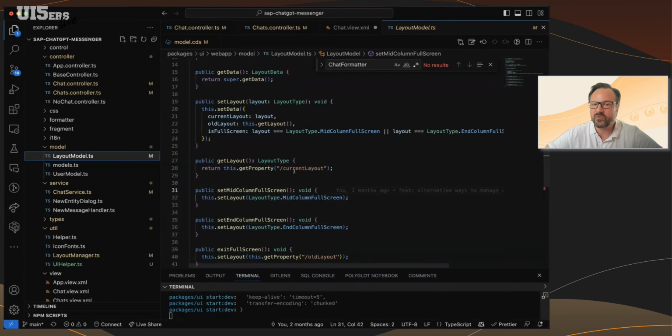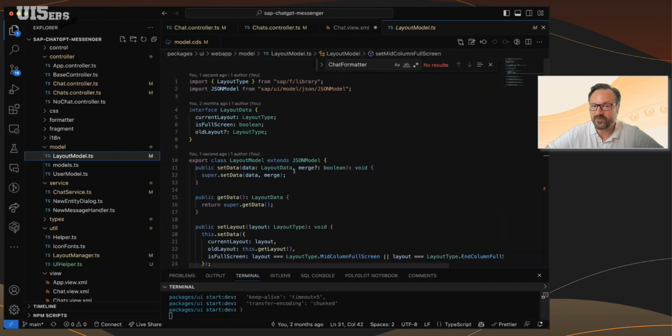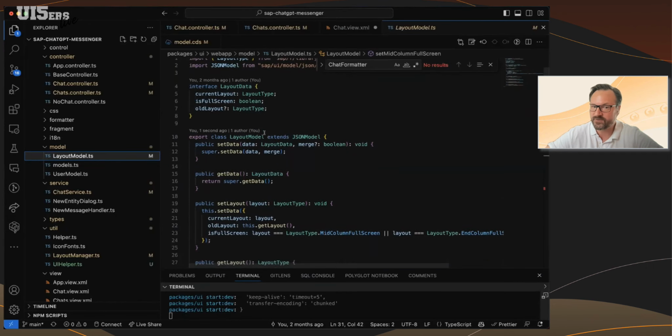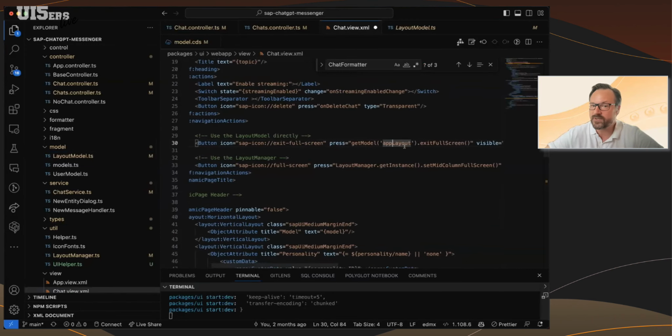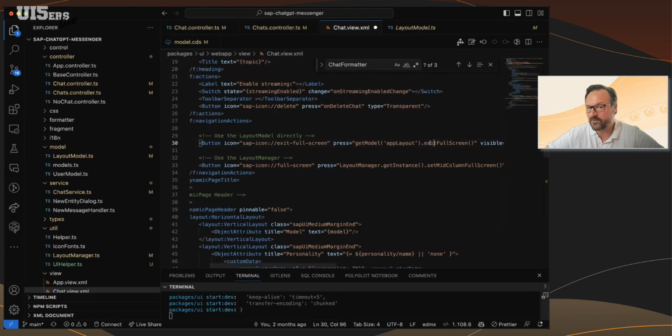So I tend to create a subclass of a JSON model and apply a certain interface and type definitions to this. And that's also something that can be used in the view, for example, to give me the model and I have a function on my model and I'm calling this right here. But yeah, I'm kind of interested in your topics because I stumbled upon a comment somewhere in the documentation that you should avoid doing such things, right?